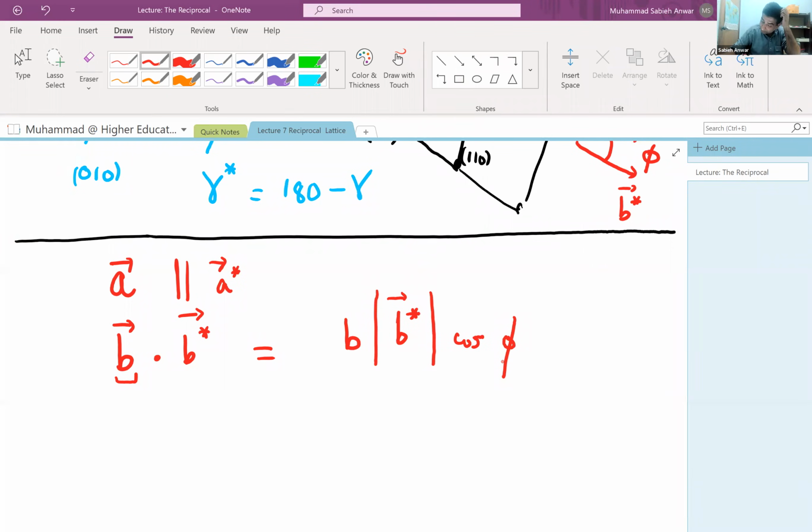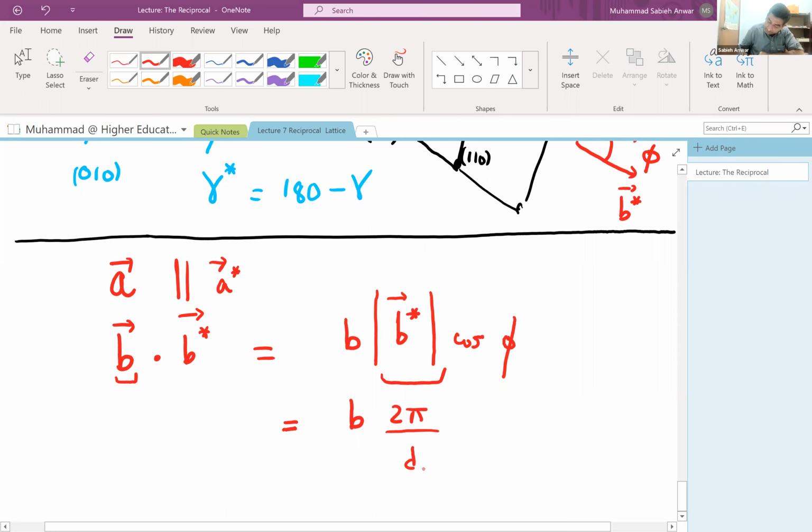All right. Now I replace B star, the magnitude of B star, with 2 pi over the interplanar spacing. That's what the length of the reciprocal vector is, cosine phi. Okay. Now, if you look at B cosine phi,